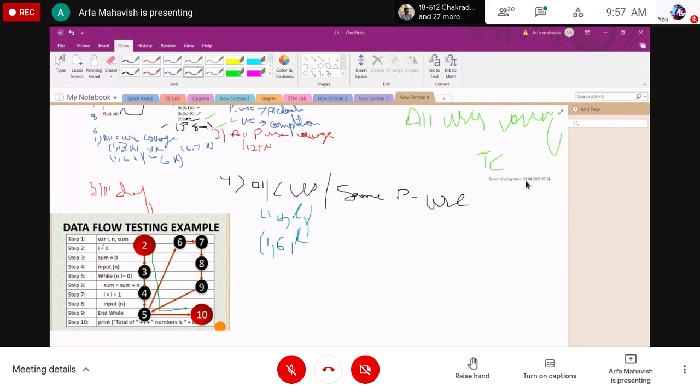Say something else? In that previous section, we first did the prediction value. It stated which value is being used, which variable is used, and whether it is a defined variable or a use variable. In this program we don't have the predicate use, the PUs. We have the CUs, the use and the defined, so we will go with the use and the defined. And we don't have the kill in this program.